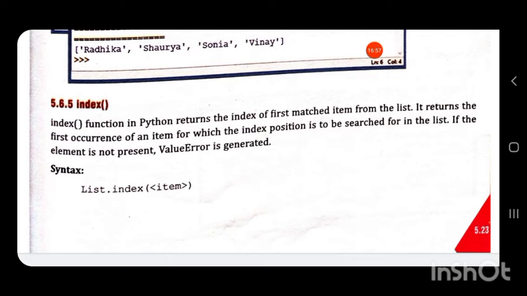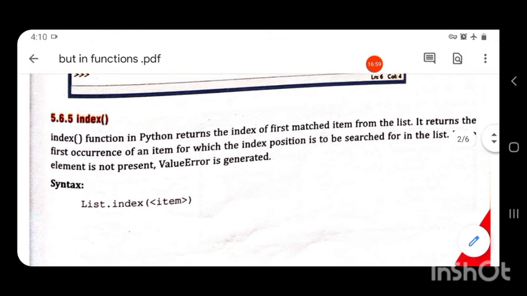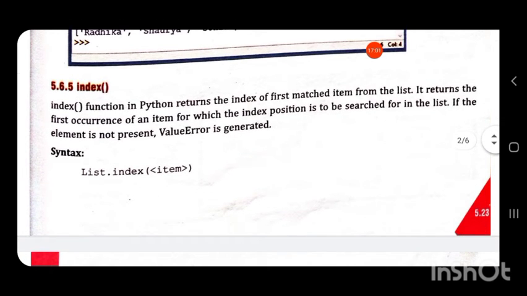So, we have a function called the index function. We know a value in a list and we want to find the index position of that particular value. For that, we can use this index function.